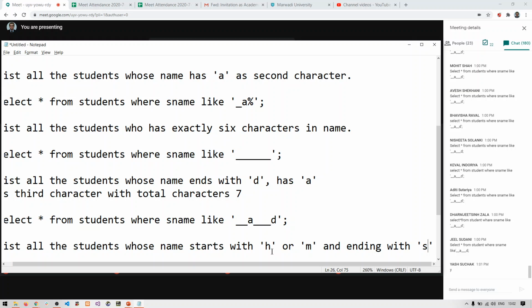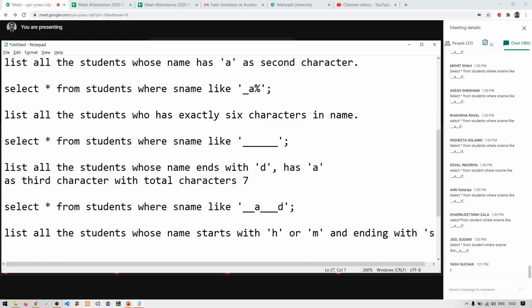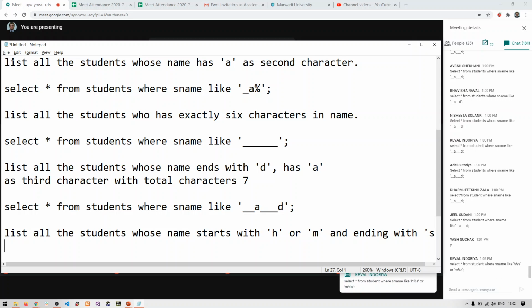Yeah, what will be the answer for this? This is the tricky one. So that is what you have to learn. Keval, your answer is incorrect. Yeah, any other one who is trying the answer?